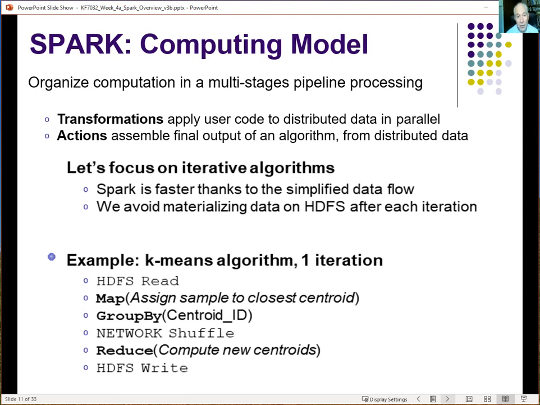We collect together those transformations, and when we get to a certain point where we want some output, there are methods which are actions. Once we come to execute an action, the transformations which have been stacked up are optimized transparently,